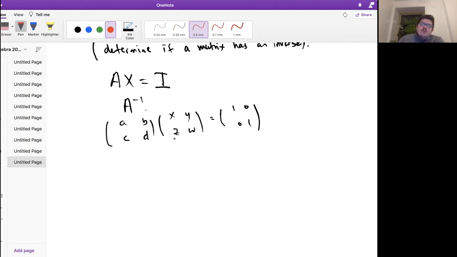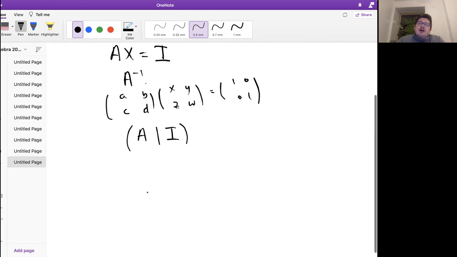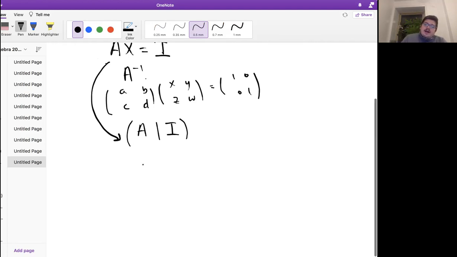now remember when we were doing augmented matrices, solving the system, doing an augmented matrix is equivalent to solving the system. So solving for X in here is equivalent to solving the augment A augment I. So what do I mean by that is that,